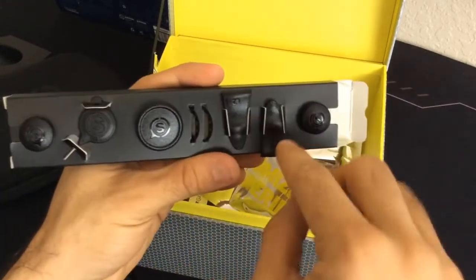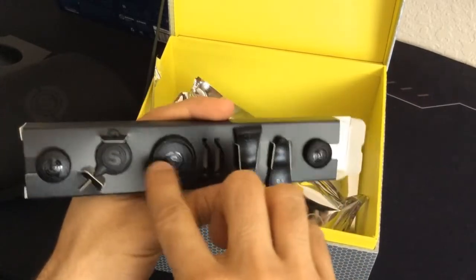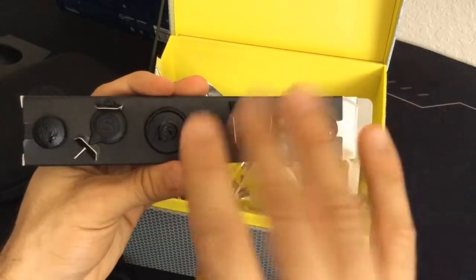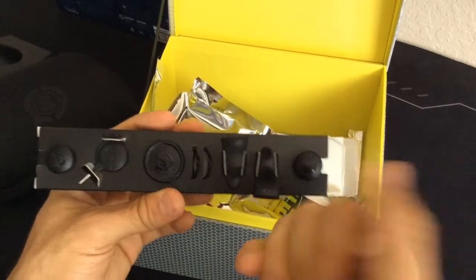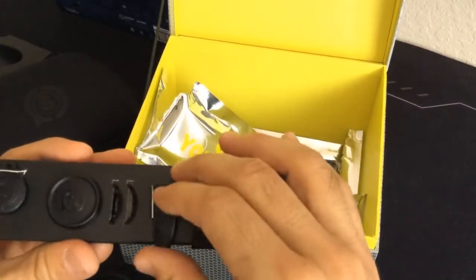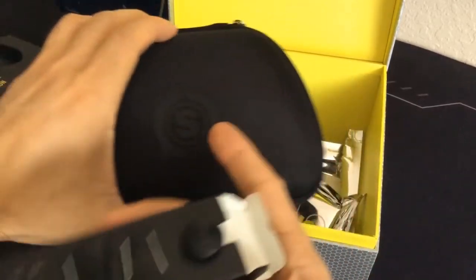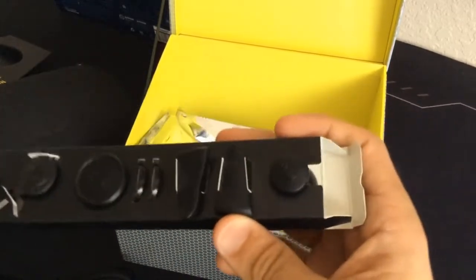So they all have the SCUF branding on them, and they have the different labels, again, L2, R2, etc. The analog sticks, the big analog stick, etc. So that's pretty good. This is interesting. Personally, if I had to choose one, which is probably why the C40 controller has a much bigger, bulkier case, is that they actually put that inside the case itself, so you could actually travel with it inside something like this. So imagine if these had a little section inside of them that they could actually stick onto there, and you could take it with you just by bringing the case. But in this case, you have to bring